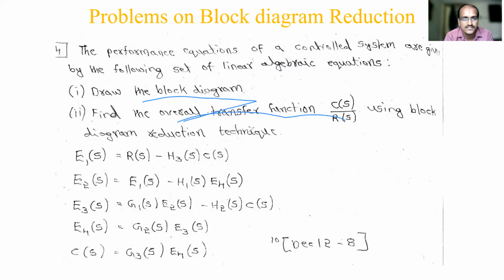So, construction of the block diagram. What we will do is use the components of the block diagram. What are the components? Blocks, arrows, feedback, takeoff point, and summing point. Using these we will construct individual blocks now. E1 of S we will consider separately, then we'll club them so that it becomes a complete picture. It is very simple.